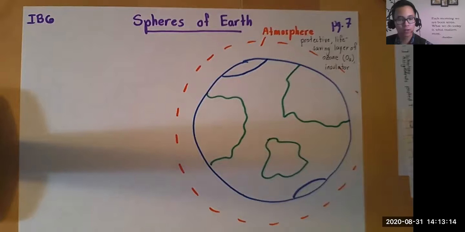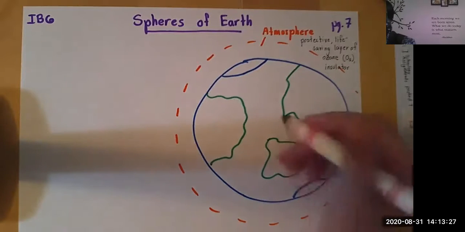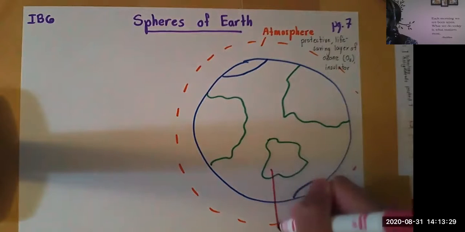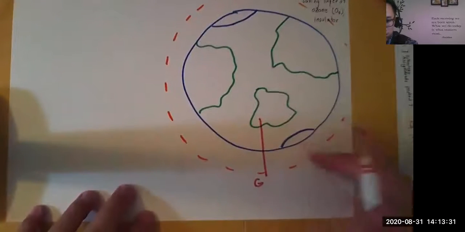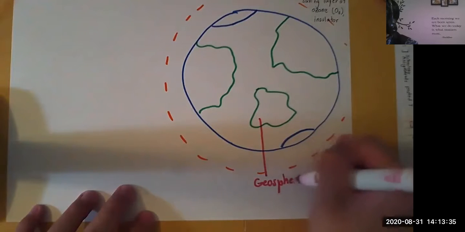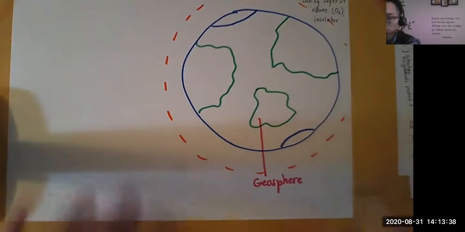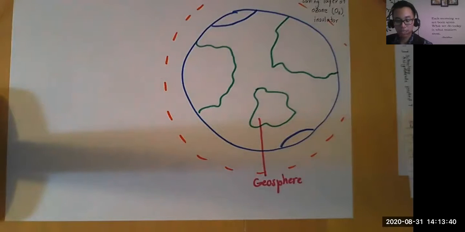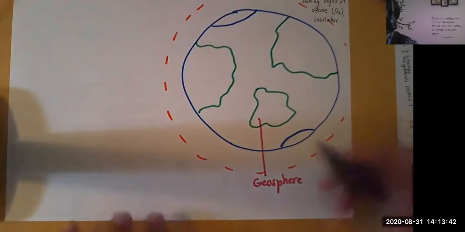The second sphere of Earth is diving into the actual rock formations of the Earth. If you ever fallen on concrete, you know how hard a rock is. Okay. This is called the geosphere. Can y'all see that? Nope, now you can. Just like last year, I'm going to have you guys write this into your lab notebook, and I'm going to have you take a picture of it so I know you're following along.